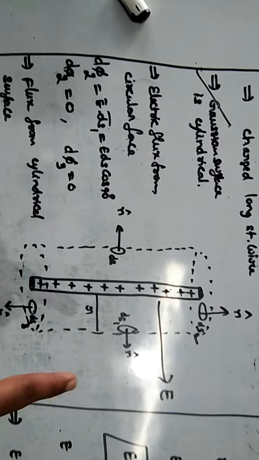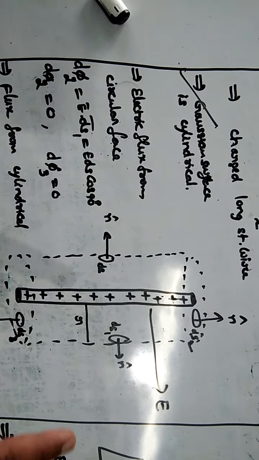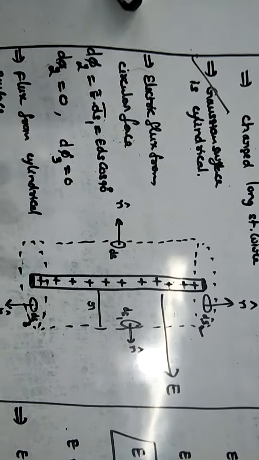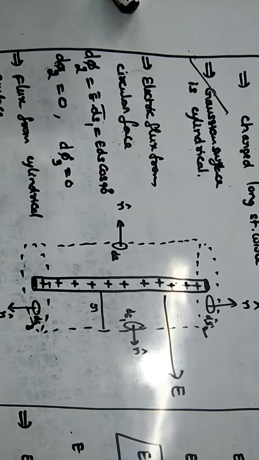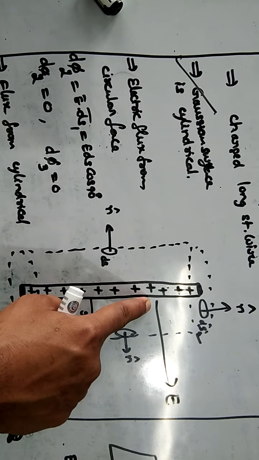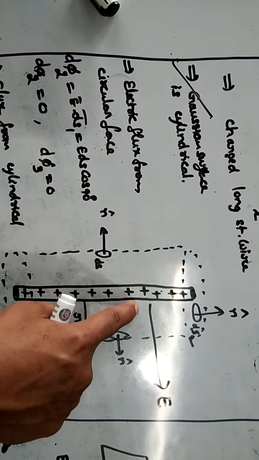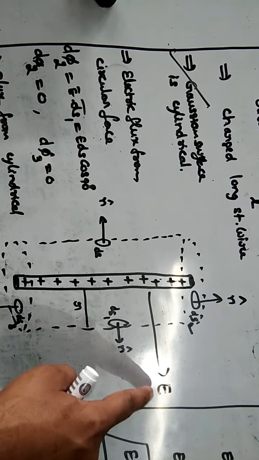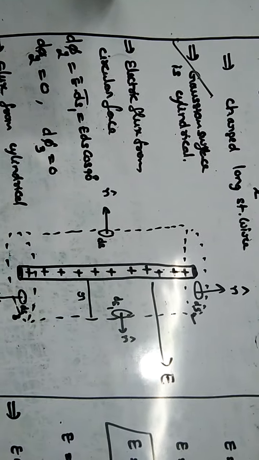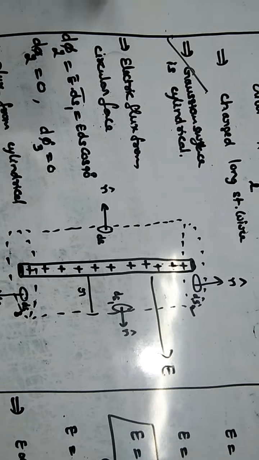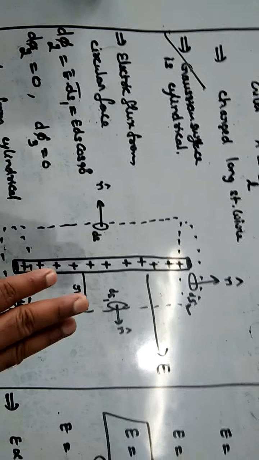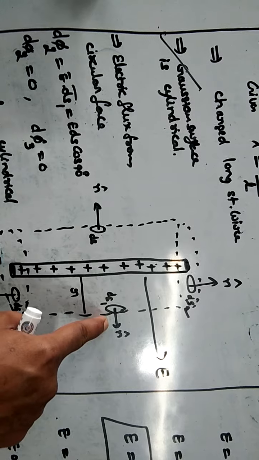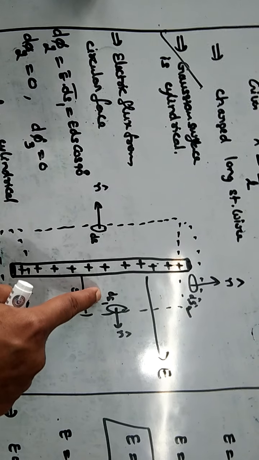Now, from which surfaces is flux coming? From which surfaces is flux not coming? Slowly you can see. First thing, this is the charged body, sir. Positive charge I am taking. Electric field is away from the positive charge. This is the electric field. This is the question mark we have to find. On the Gaussian surface, consider different surfaces. Here I am considering one surface. This surface is dS1.